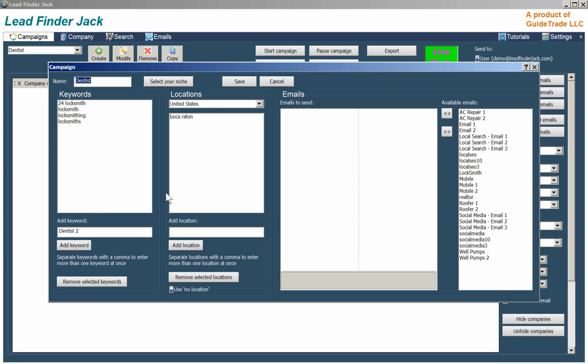Can we add keywords to active niches? No, you cannot at this point. What is the token to display the company's domain? That is coming in the next update. The token for the URL, that's coming in the next update. Do you have to put the city and state for